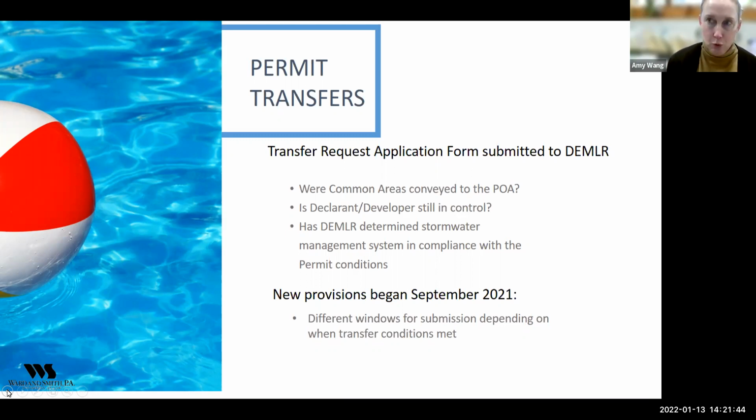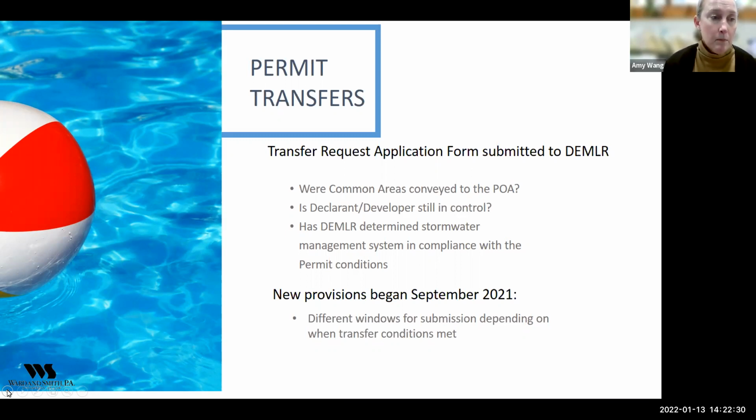For permits that were issued prior to this fall, if the permits are reissued by either a renewal or a modification or a transfer, in any of those cases, there'll be an annual certification that's then required. And the compliance needs to be, that burden is on the permit holder or the permittee. So for associations, that means if the permit was transferred to the association in the past and for some reason needs to be modified, or in the case of high density permits that it needs to be renewed, those permits will then have an annual certification requirement.